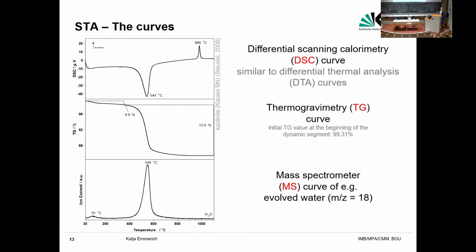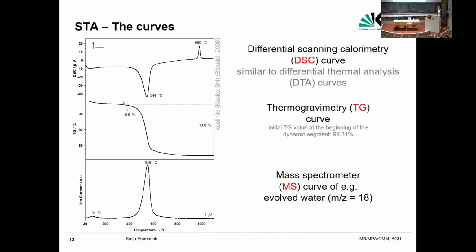This is the mass spectrometer curve of mass 18, which is characteristic for evolved water. And here at the top in the DSC curve, you have an endothermal reaction with a strong mass loss, and the mass loss is caused by water evaporation. And this indicates that the dehydroxylation of the kaolinite takes place. So the mass spectrometer curves always support your interpretation of the DSC and TG curves,